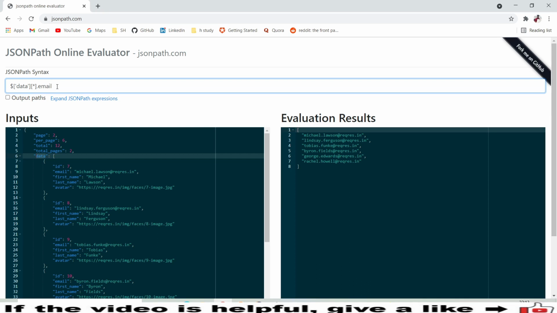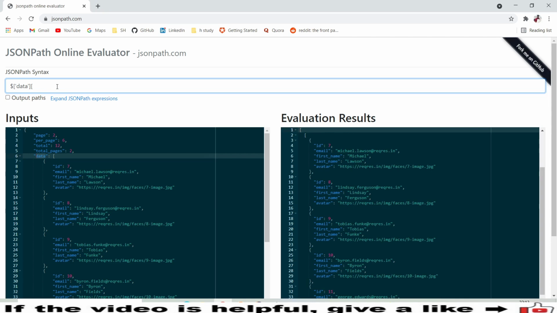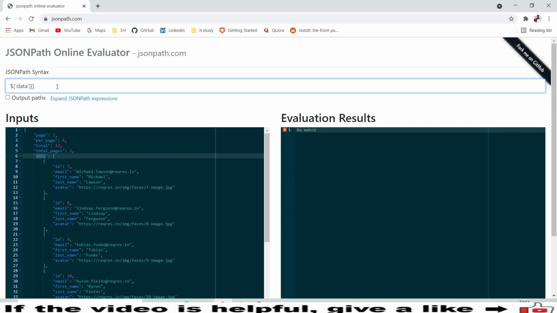And in case you wanted to retrieve only one array element, the 0th index, how can we do that? Here you have this star. You can remove that star and provide a 0. This means the array starts with 0 index. Whatever is under the 0 index, it will retrieve all the information from there. And later you can add more assertions on this 0th index.